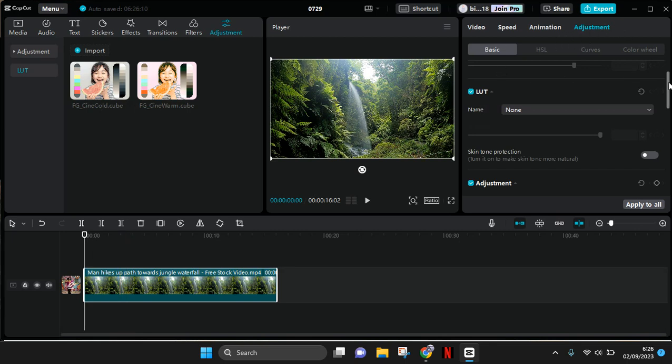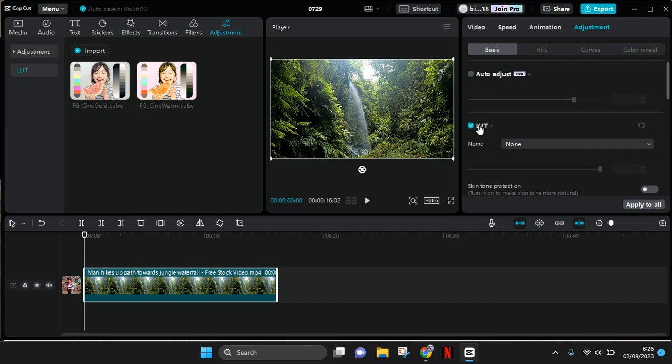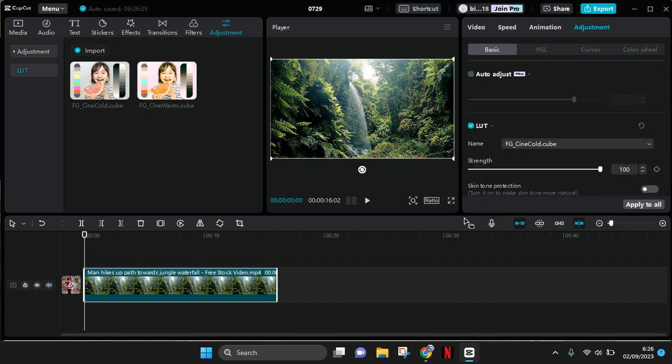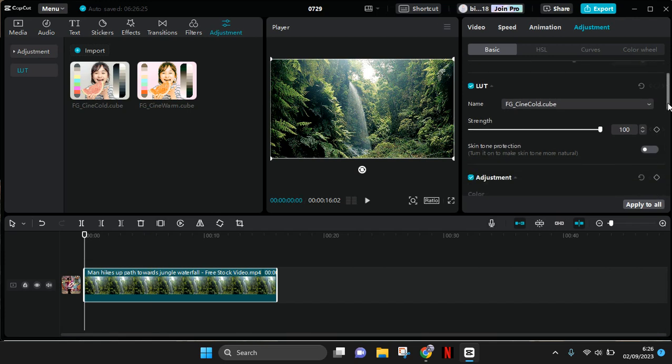Under the basic here, you'll find the LUTs option. Make sure that you turn on the LUT, and here the name is still none. So you just need to click on the drop down and then choose the LUT that you want to use. So for example, I want to use the Cinecold. Click on that. Just like that, it will easily apply to your clip,